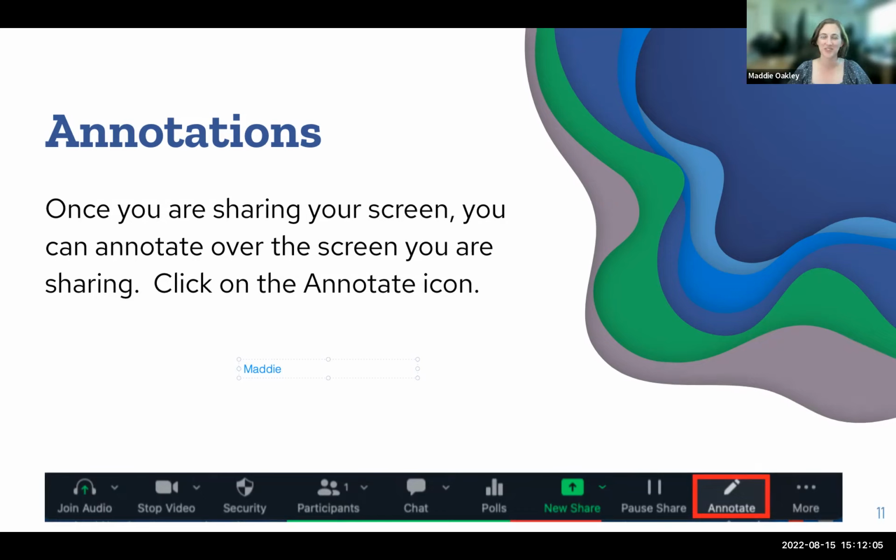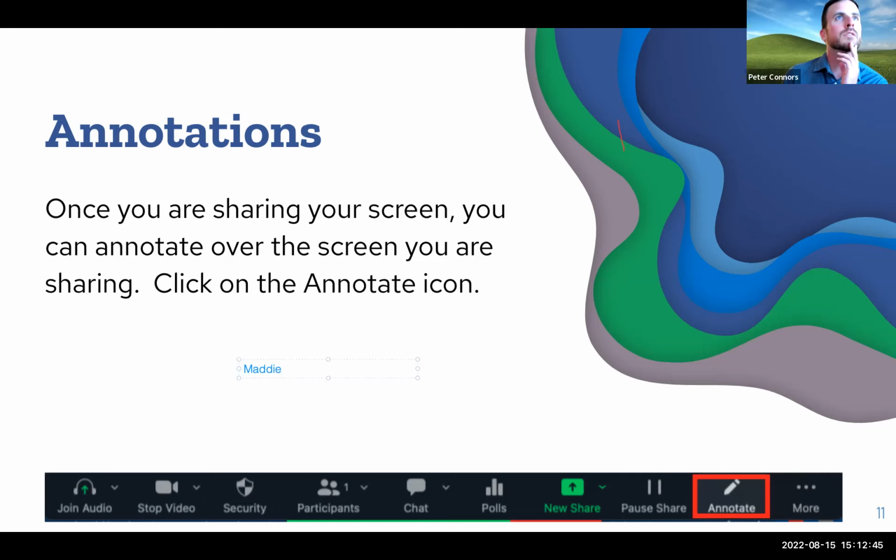Pete, do you want to write your name on the screen? Show everyone how it works. Make sure it's functioning. Do you have annotate? No. It's not showing up. Go ahead, Mary. Is it not showing up for you either? Correct. It is not showing up. I've got participants, chat, share screen, record, live transcript, reactions, and apps. Interesting. Yeah, I have on mine, it says allow participants to, and it says annotate on shared content. So apparently something's not working with it.